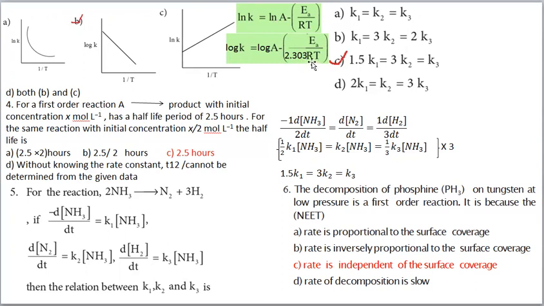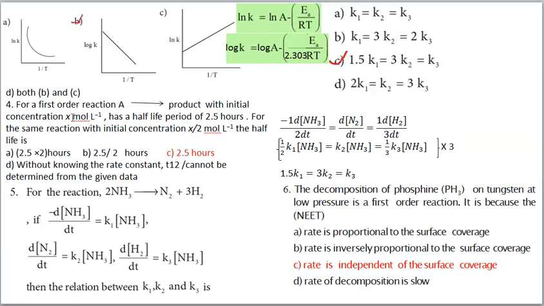Okay. Now you see, when we plot this log K along the y-axis, 1 by T along the x-axis, we will get slope minus EA by 2.303 R. Okay, here that means negative slope we will get, negative slope. For this straight line, we will get negative slope. So this option is the correct one.